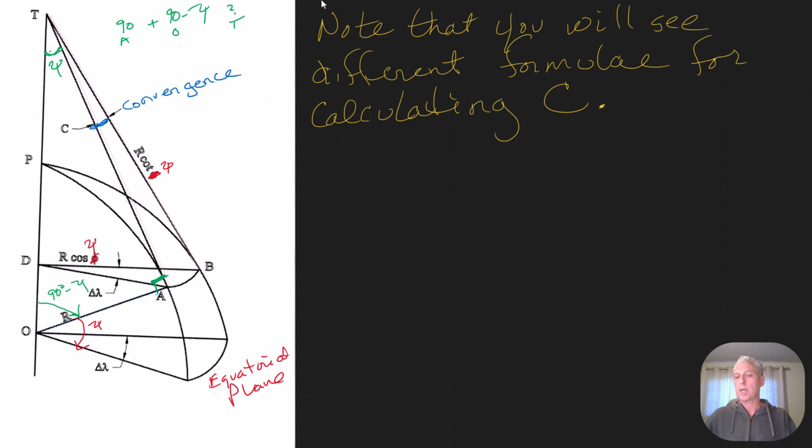Well, in comparison, the pocket calculator is a brand new device. It was not convenient to calculate the convergence angle exactly, so different methods of approximation were developed